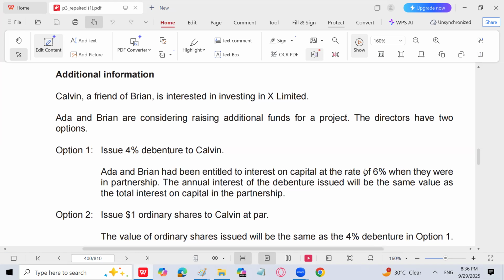If we issue $1 ordinary shares to Calvin, remember that it is a permanent source of capital. We don't need to pay fixed interest on that, because debentures carry a fixed rate of interest, but we have to pay dividend. But dividend is dependent upon the profit we